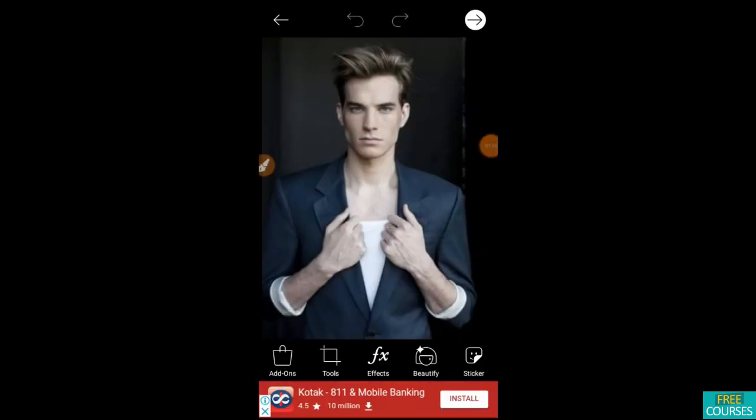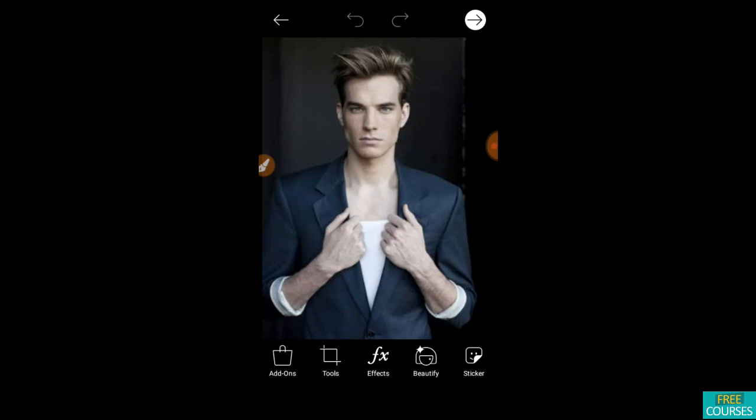Okay, so I have just downloaded a random picture from the internet of this model. He's looking much handsome. So I have downloaded it, and now I am going to do the dark tone effect in this photograph. So in order to do that, first of all just click on the tools option here,